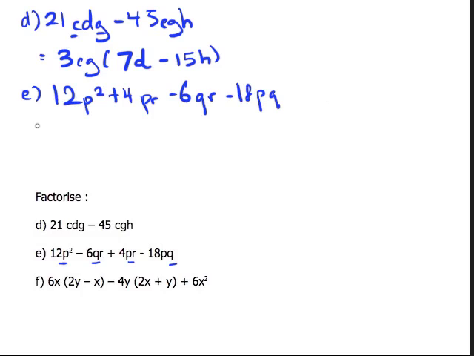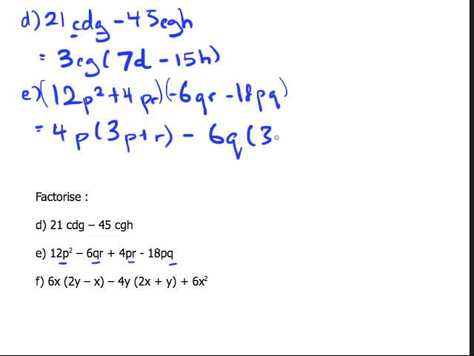Okay, so what do you do now? So basically you have to factorize groups like that. So first off, you take out 4, you get p as well, and that's it. So 3p plus R. In this case, you have minus 6 of 18. So you have 6Q, 3P, no, sorry, not 3R plus 3P. So R plus 3P, 3P plus R, same thing. So you get 3P plus R,